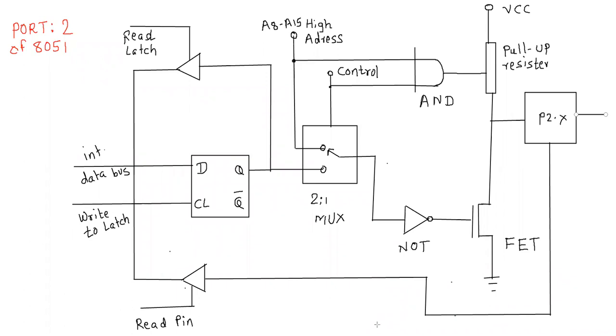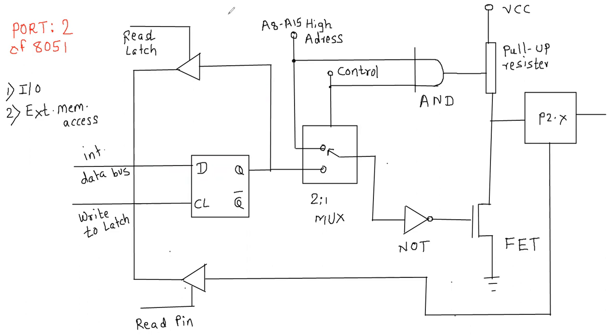Hello all. In this video lecture, I'm going to explain to you about port 2 of the 8051 microcontroller. As you see in the schematic of port 2, it is responsible for performing two operations. The first operation is input output related operation, that means it is acting as a simple input and output port. And in the second category, it also has the second function called external memory access. So I'm just writing it here in short, external memory access.